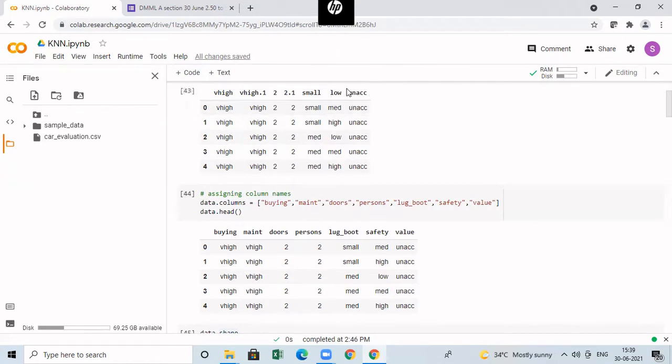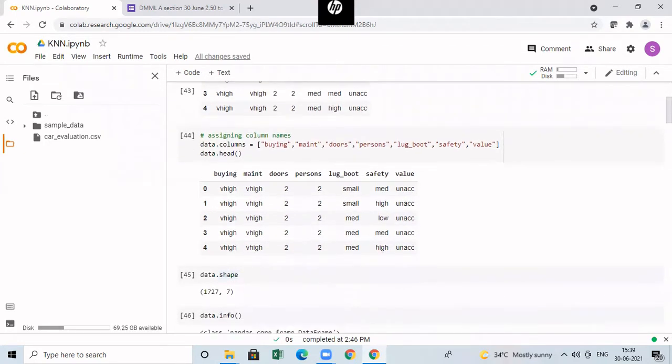And if you consider the last column, it is nothing but whether the value is felt as an acceptable value, that is, whether customers feel it is an acceptable price or unacceptable price, and so on. So these are all the columns. For all the columns, I have given the new names now. After that, I am displaying the first 5 rows. Now, if you see, column names are assigned for all the columns.